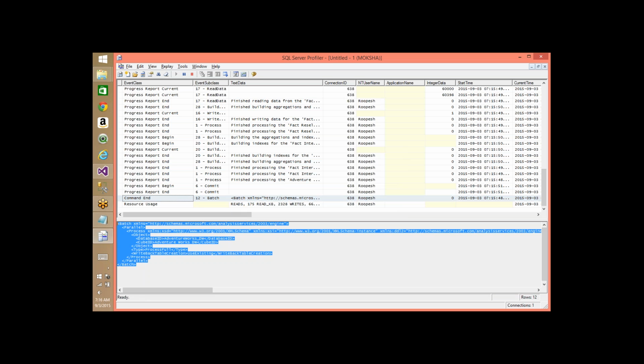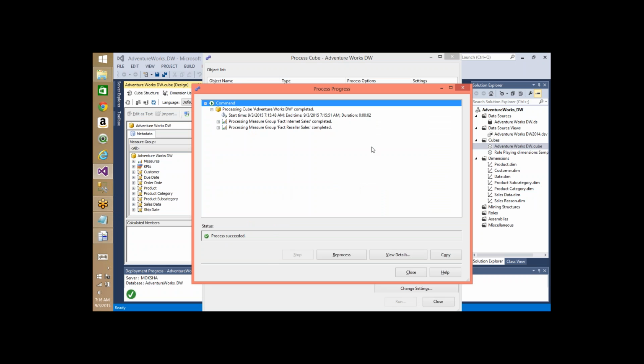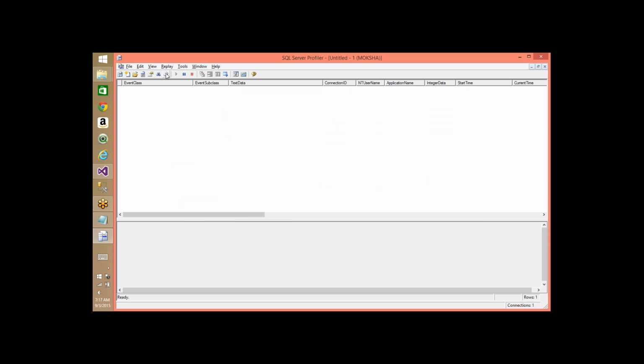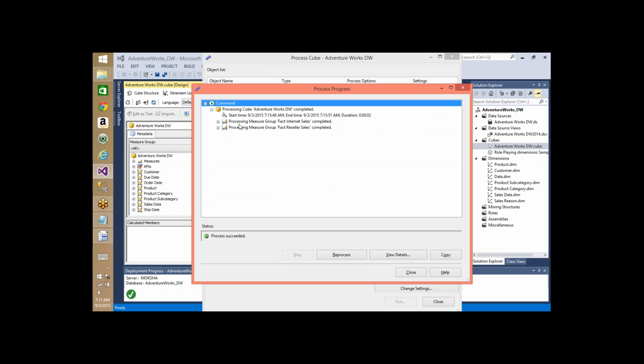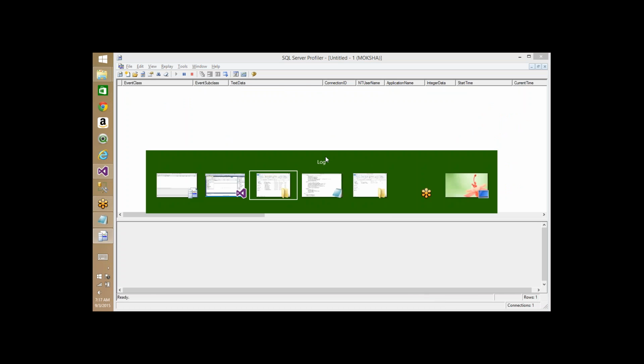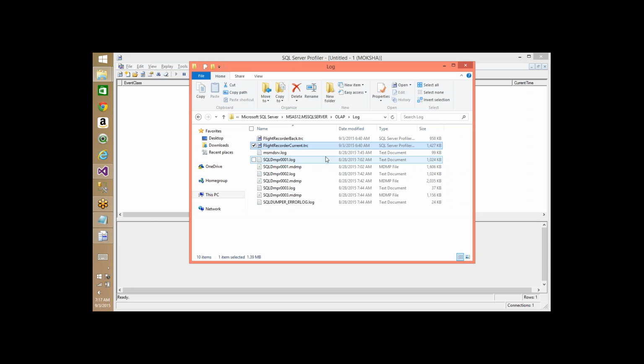You can use this command for your jobs also, like instead of opening the wizard and executing from the wizard, you can use this command and you can execute from SQL Server Management Studio going forward, instead of opening the SQL Server Data Tools every time. So this is about the profiler trace, and I can clear it if I don't want this information. And now everything is set. We have a cube ready, database ready, and we have a trace ready, and you have an idea about the msmdsrv.log file